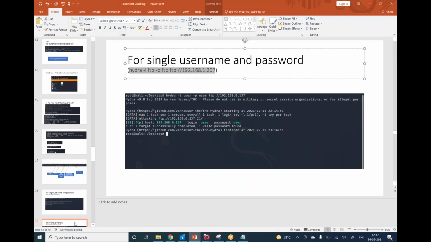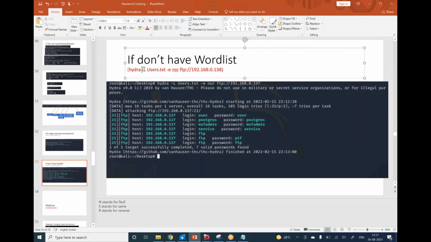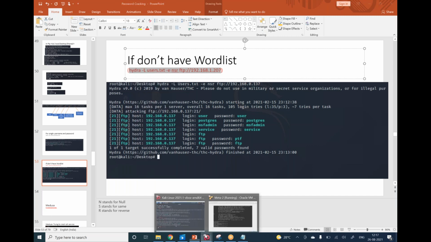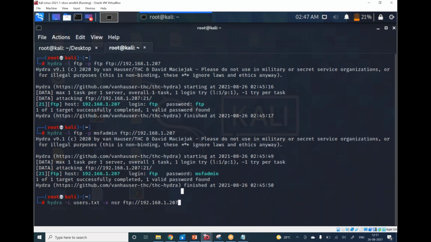So let me show you here. hydra -L, capital L, because you're using a text file. Okay, in this case it is small u. -e nsr ftp, and the IP address is different here. Copy this, go here, Control Shift V, and enter.